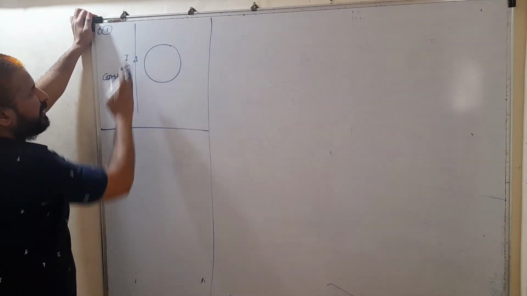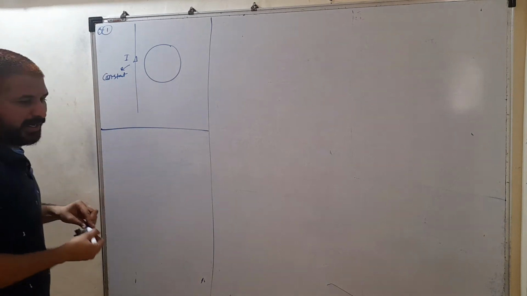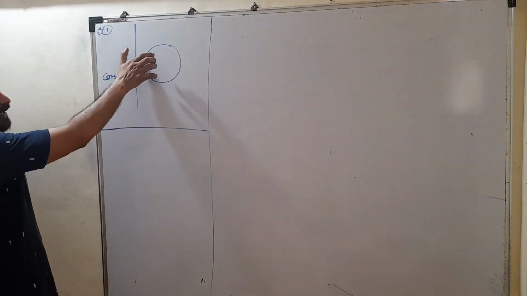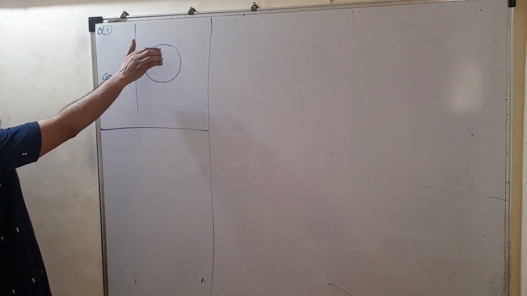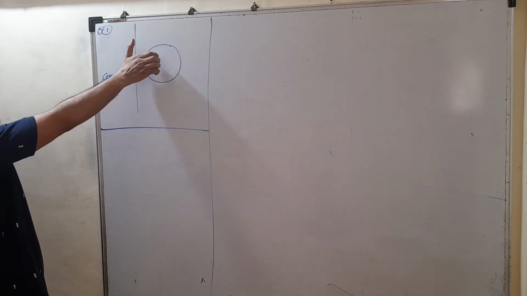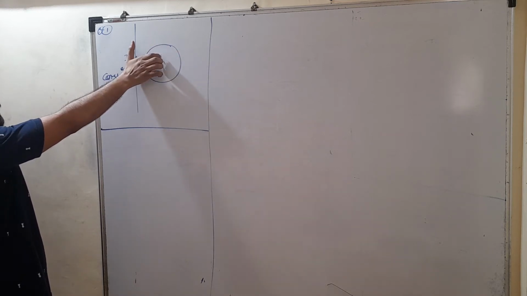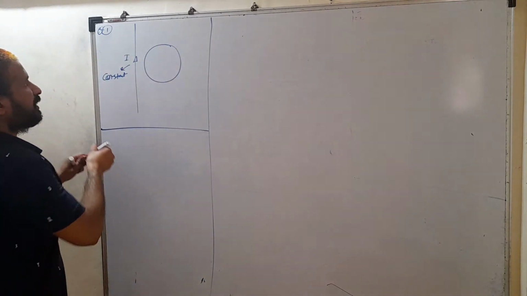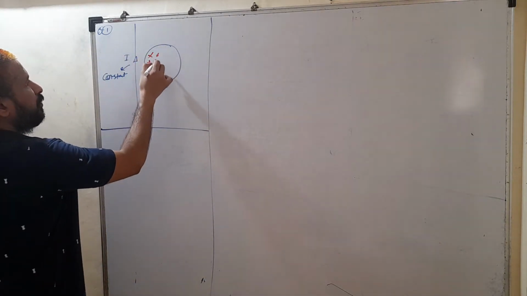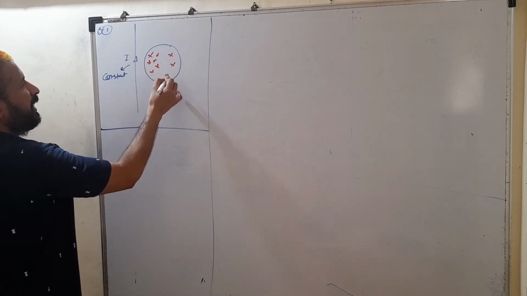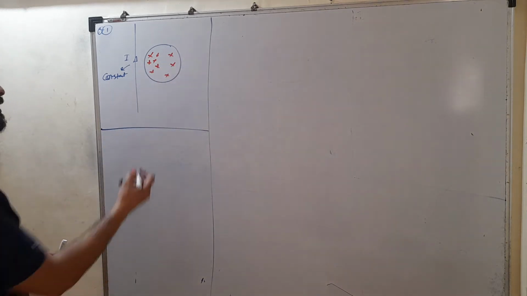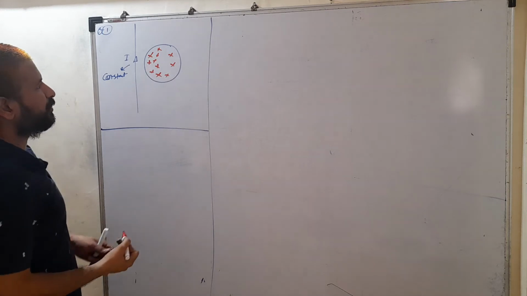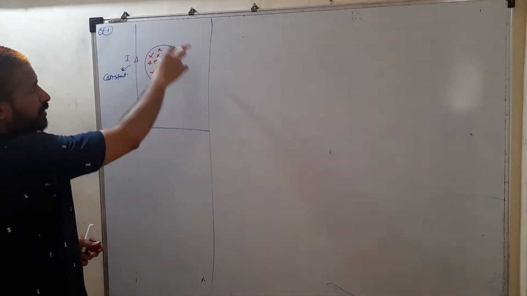If a constant current is flowing in this wire, in which direction is the magnetic field developed? In inward direction across this loop, because you have to follow the right hand thumb rule. If current is flowing in upward direction, magnetic lines are in inward direction. So cross lines are developed. Closer to the wire, field intensity will be high, and far from the wire, field intensity will be low. So this is the situation of the magnetic flux across this loop.